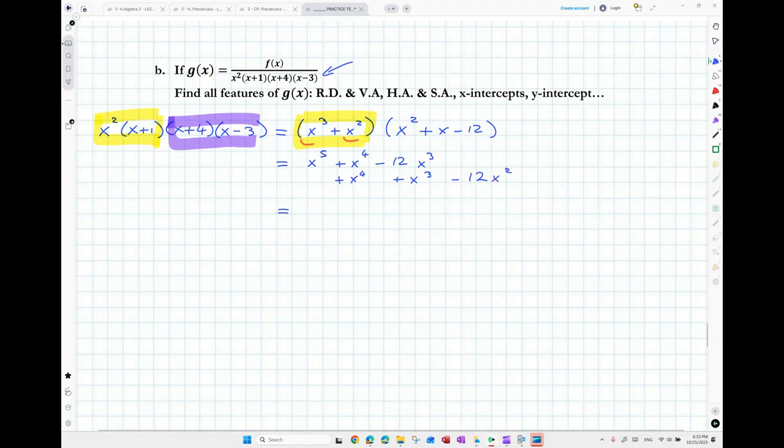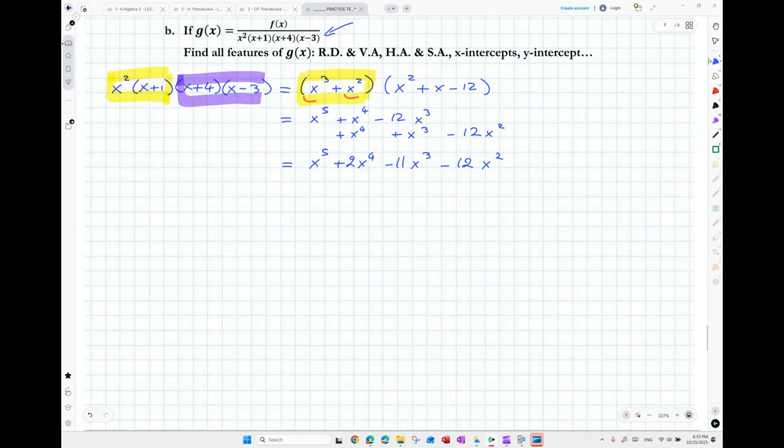And I'm going to combine like terms: x to the fifth plus 2x to the fourth minus 11x cubed minus 12x squared. Now, to properly study g of x,